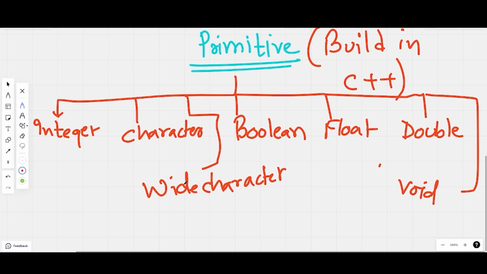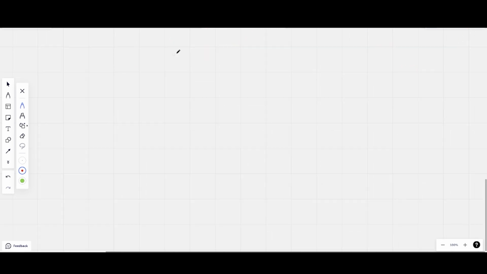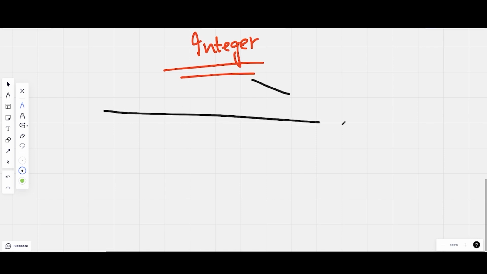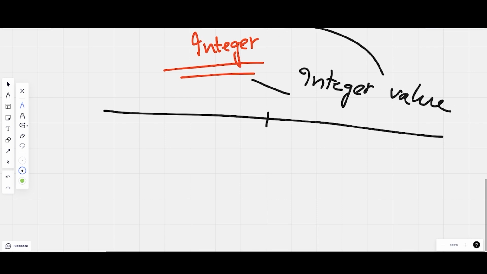We'll start with the first one, which is integer, and I will give you the idea about how integer works. It's very simple to understand. Integers are those data types which can hold numbers which are there in your number line. For example, all the integer values are kept in this data type.